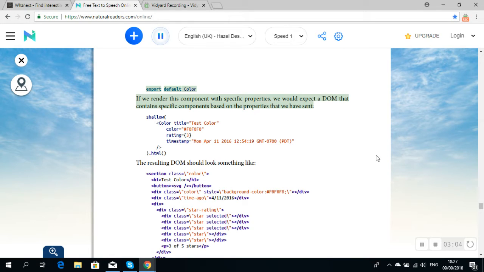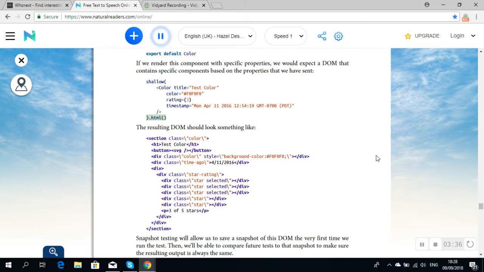based on the properties that we have set. Shallow. Title equals test color. Color equals #F0F0F0. Rating equals 3. Timestamp equals Mon the 11th of April, 2016, 12:54:19 GMT-0700 PDT. The resulting DOM should look something like